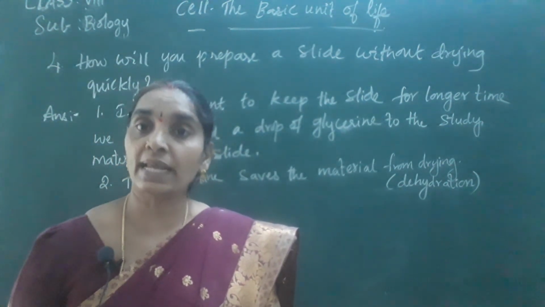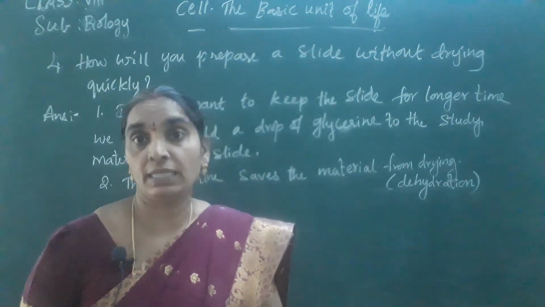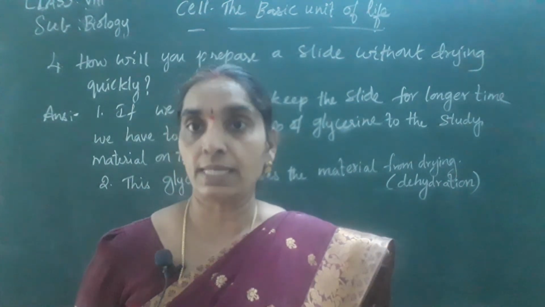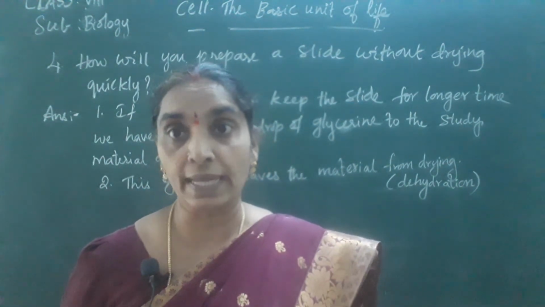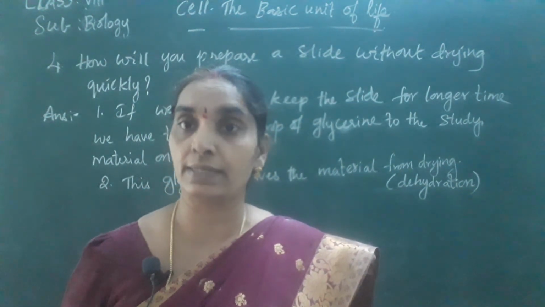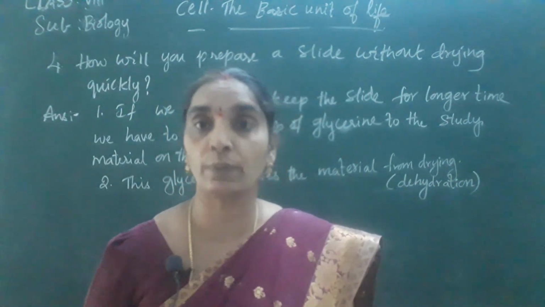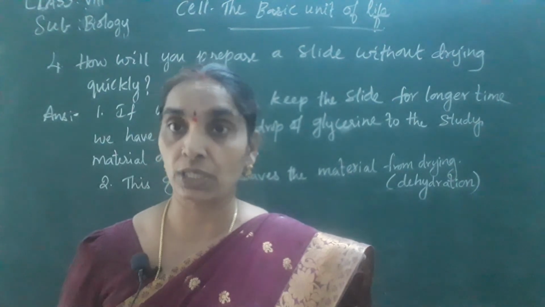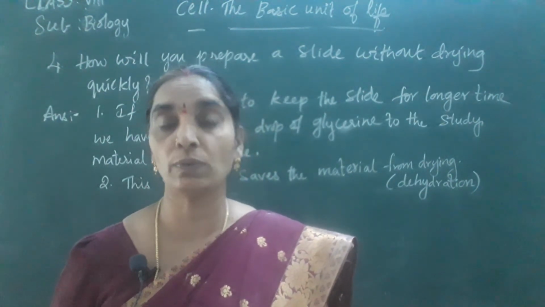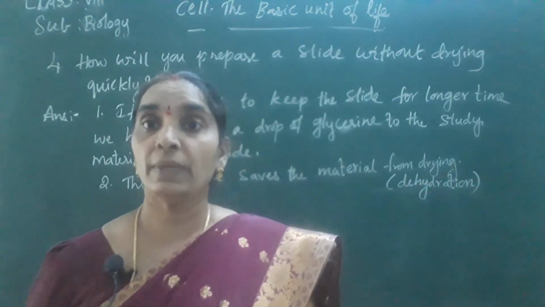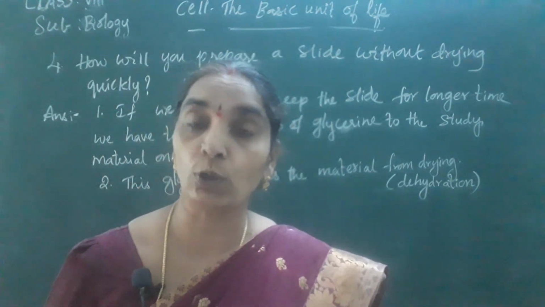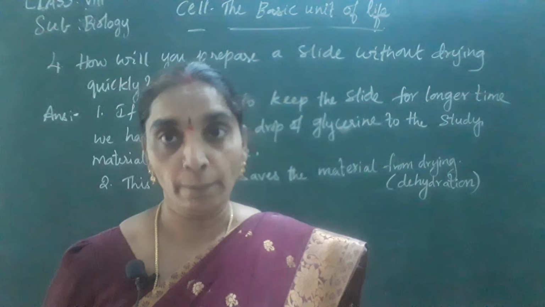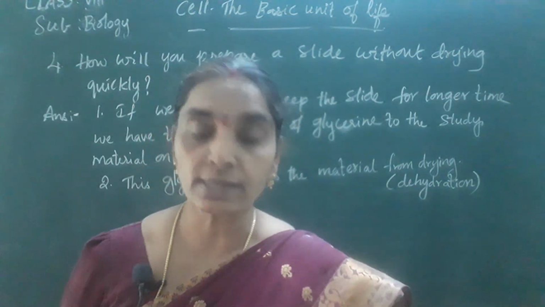And the next question is the part that we have studied in today's class, that is whether the cells can be seen with the naked eye or not. You know very well that all the cells cannot be seen with the naked eye, except a few which are a few centimeters larger. But cells of the size of millimeters and micrometers cannot be seen with the naked eye, and they can be seen only with the help of a microscope. Okay, so that is the answer to the next question.